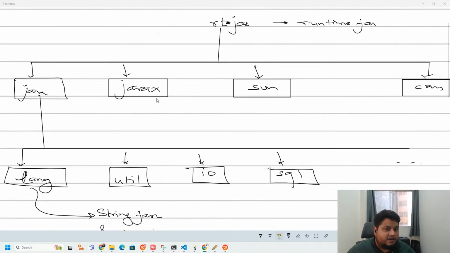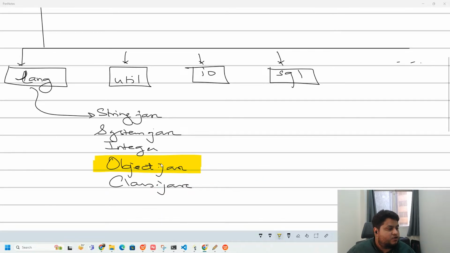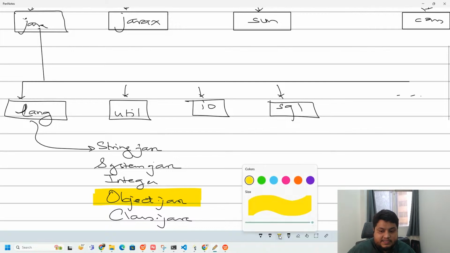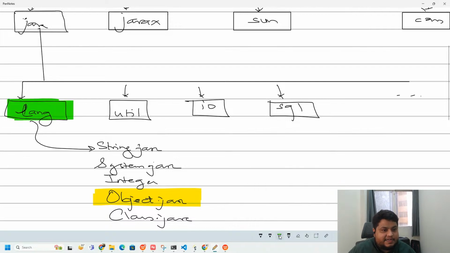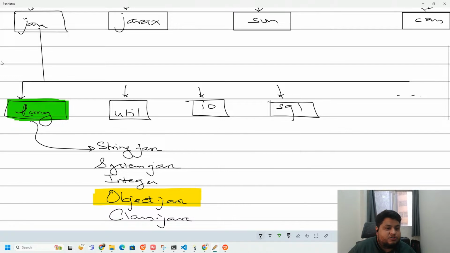Are you understanding? In rt.jar, in your inbuilt Java libraries, there is a package called Java. Java internally has another package called lang, and that lang has a file called Object. This is what your main class is. Now, one thing we need to remember here is the java.lang package. It's something very important to Java. So by default, it gets imported. It is auto imported into your Java code. Whatever file you write,